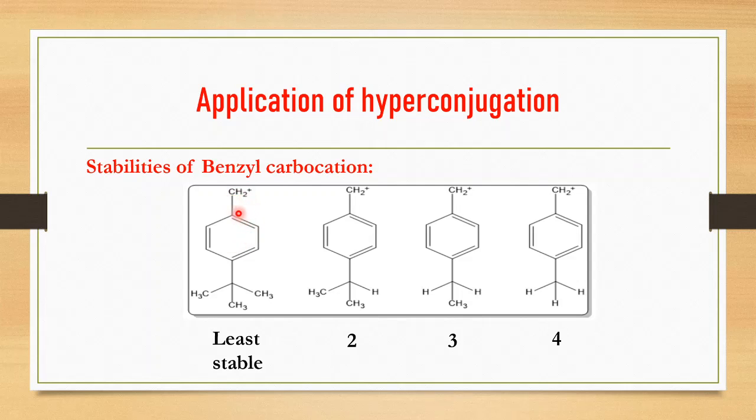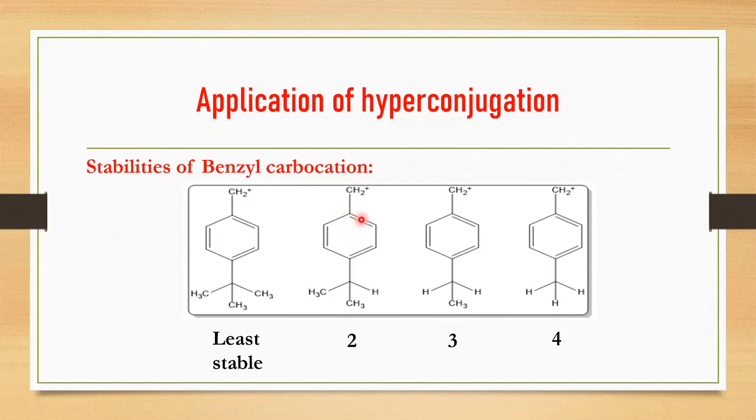Now in this benzyl ion, there is a substituent at this para position. There is one carbon, so I can say that this one is the sp2 carbon center. As such, all the carbons of the benzene are sp2, but we are focusing on this carbon, which is the sp2 center, which is having one adjacent carbon. But this adjacent carbon is not having any hydrogen. If the adjacent carbon is not having hydrogen, that particular carbon will not be giving you a hyperconjugated structure. So this structure will not show the hyperconjugated structure because this adjacent carbon is lacking hydrogen.